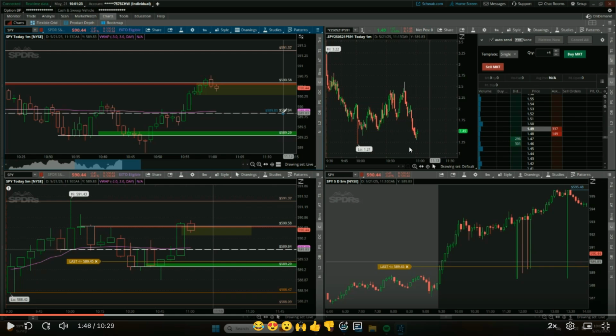Okay, today I wanted to go over a trade that I took today. I'm not going to go over everything about this day. All I need to know is supply zone, demand zone. There was a push up from the demand zone.